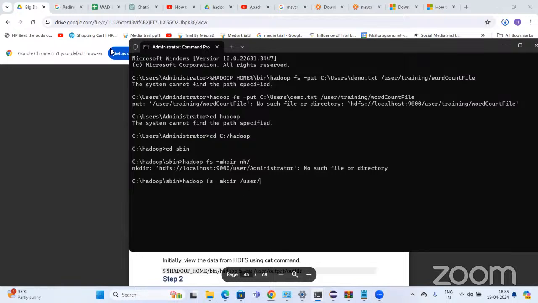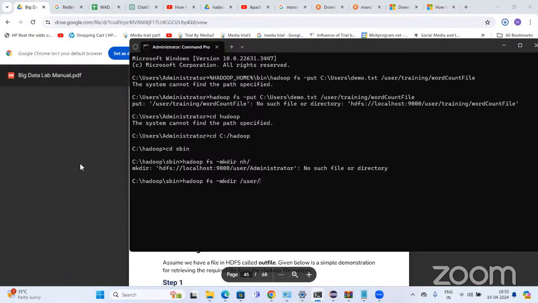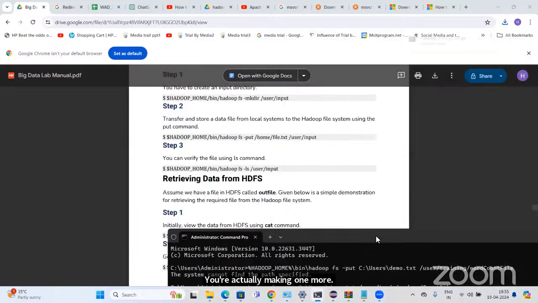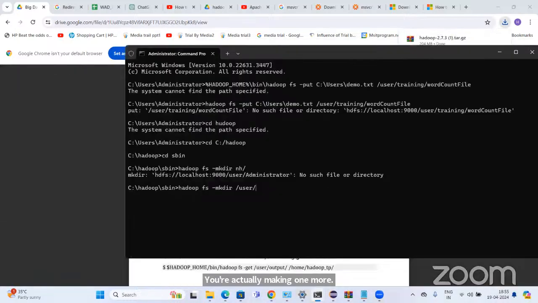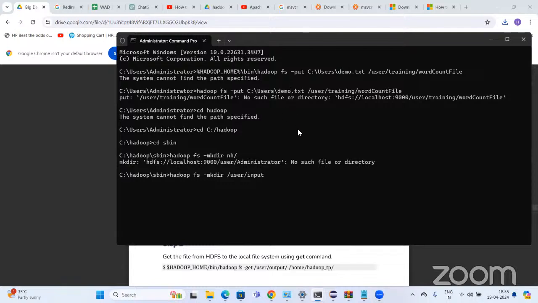This is a directory in which you are actually making one more. Just done. So if you want to check whether it is done or not,